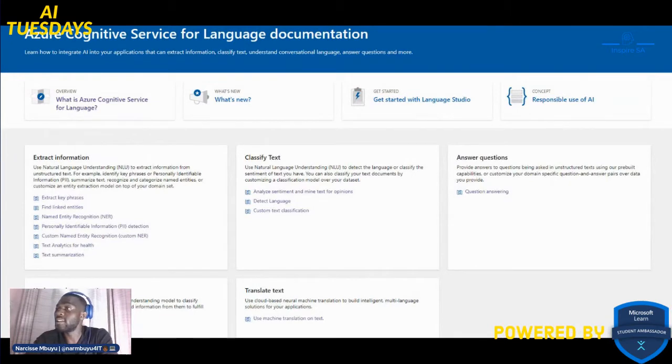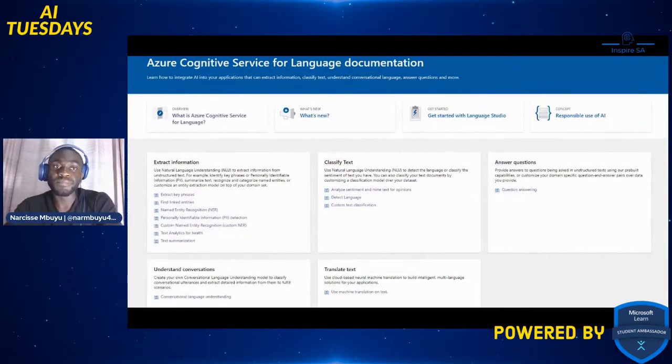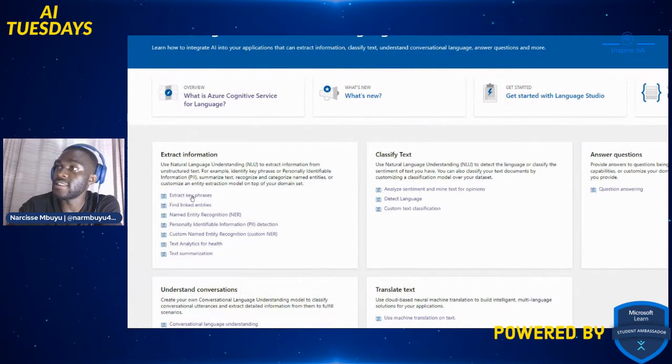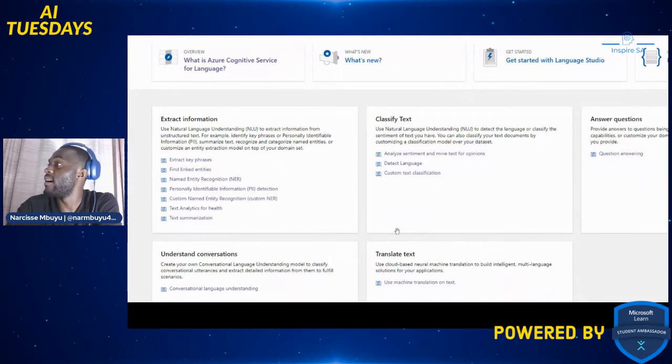A quick recap from last time. We went through all of this key information on your screen: extracting key phrases, finding entities, named entity recognition, personally identifiable information, custom named entity recognition, text analysis, and text summarization.